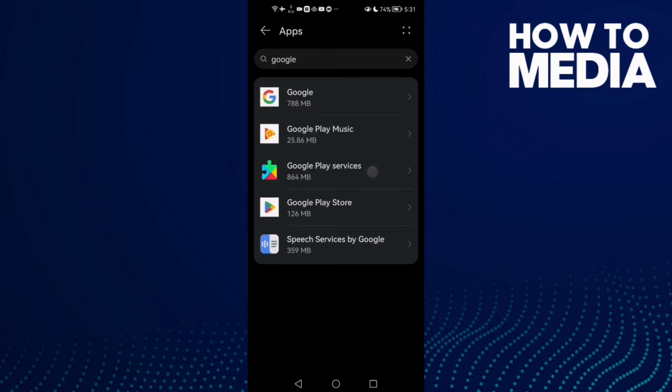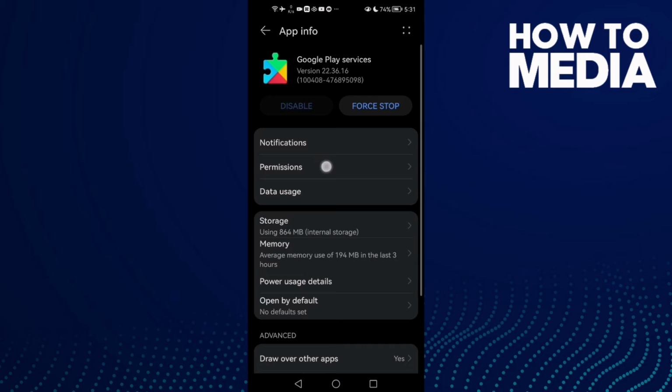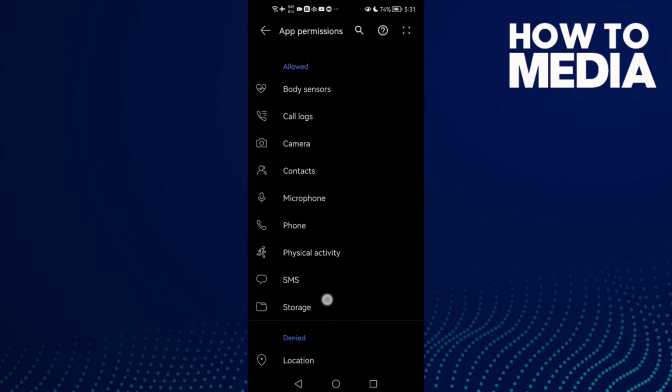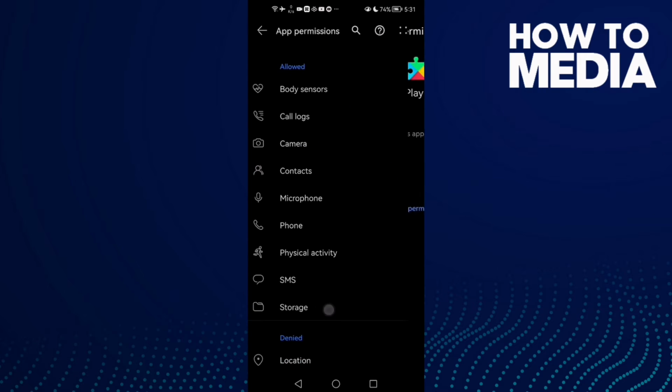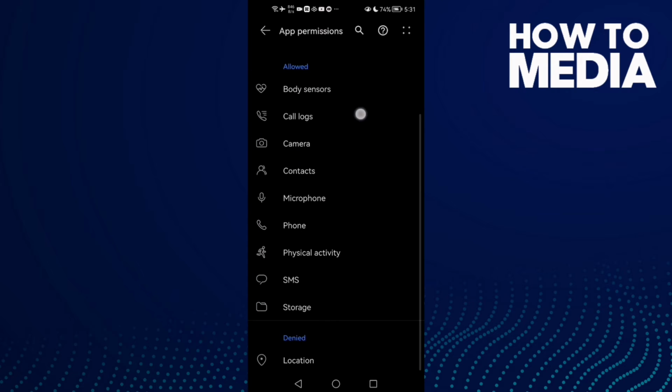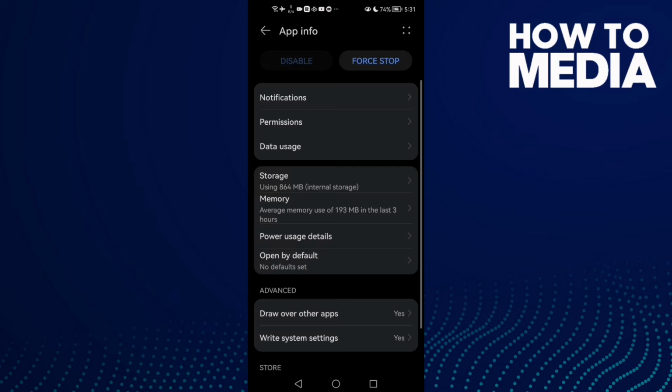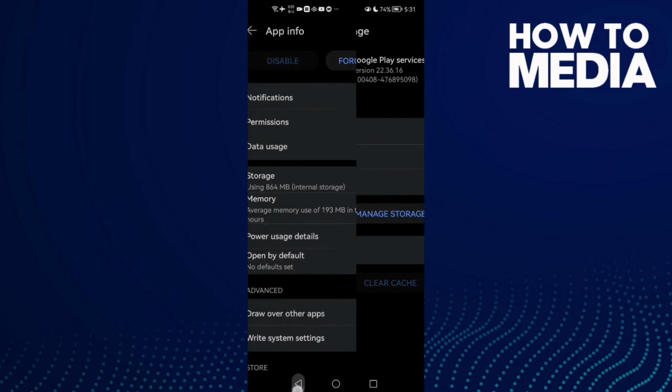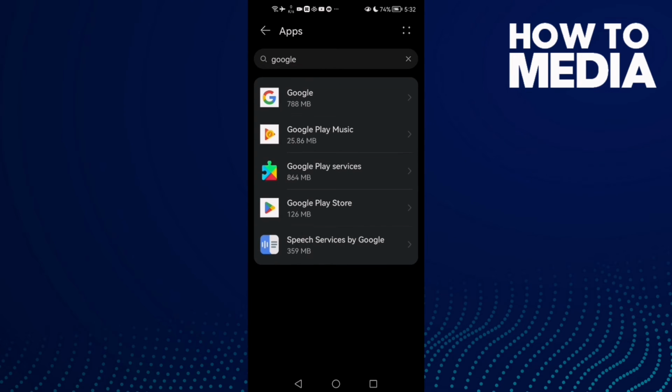find Google Play services. Click on it and click permissions. Now give it all of those permissions here, just click on it and click allow, and that's it, allow all of those. And after that go back and go to storage, clear cache, and then go to Google Play Store